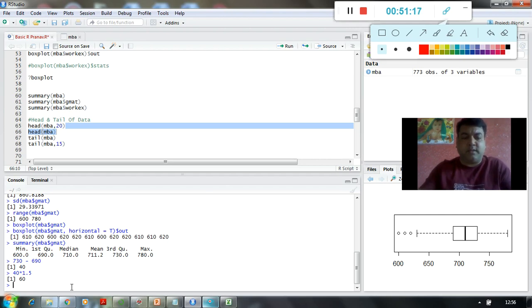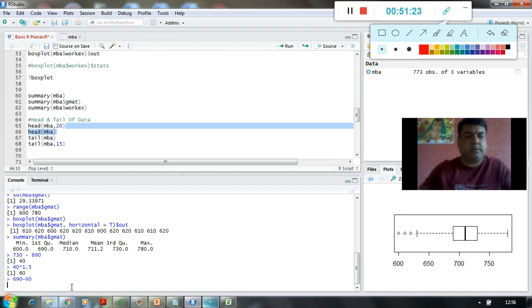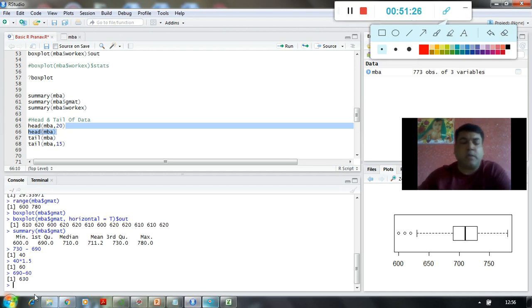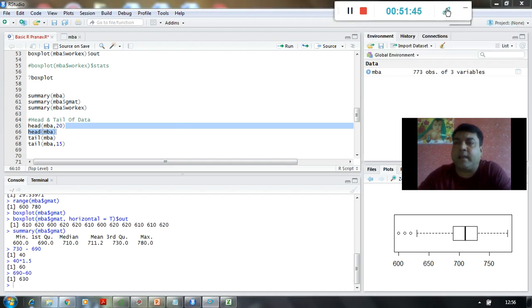Now my Q1 is 690 minus 60, and that's 630. So any value below 630 is going to be my outlier. So this particular value is maybe 620, then 610, and then 610. So this is how we can calculate, recalculate, or understand how the calculation happens, right?